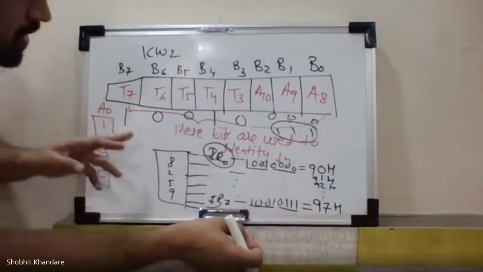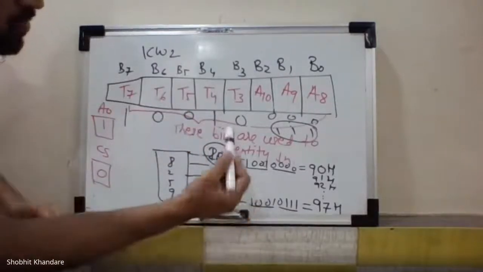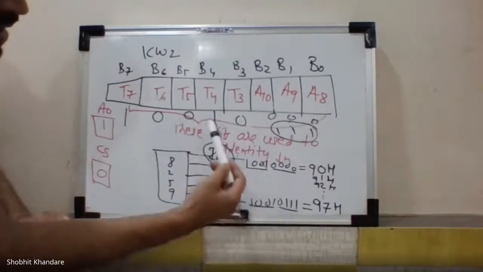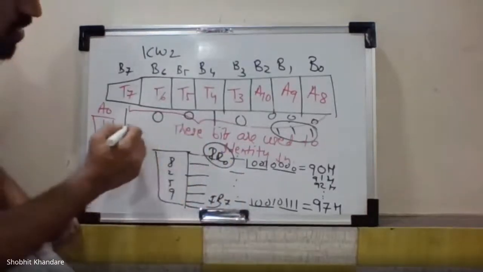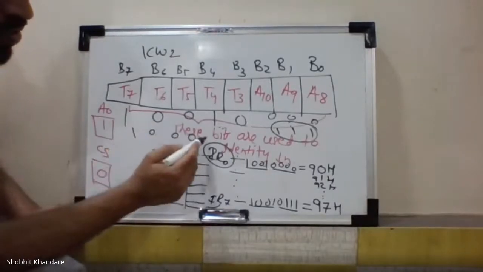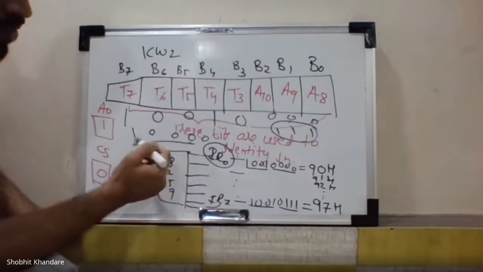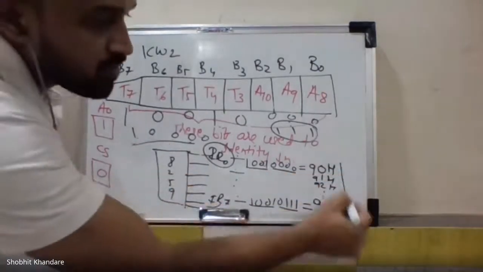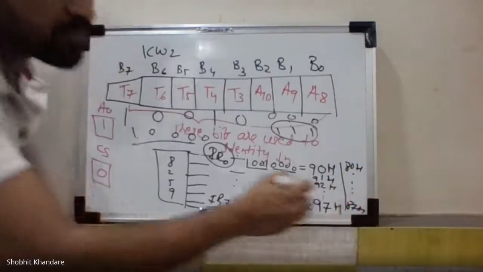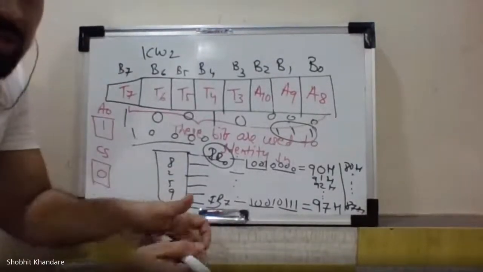Okay. Similarly, if I am writing down 10011, then it will be like what? 1, 2, 4. Sorry. If I am writing down programmer bits as, suppose, 10000, then it will be 1, 2, 4, 8. So this is 80. So your range will start from what? 80H dot dot dot to 87H. So I can have many combinations. What I mean to say is that I can have many combinations.